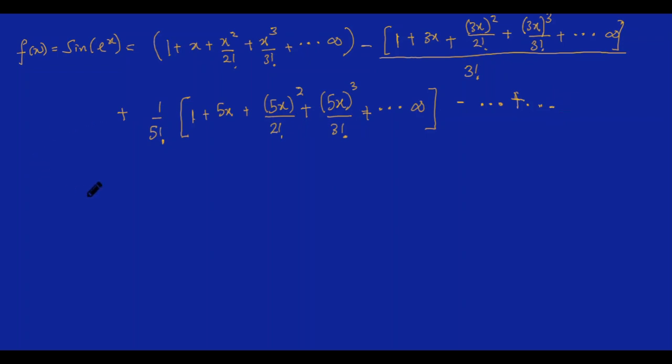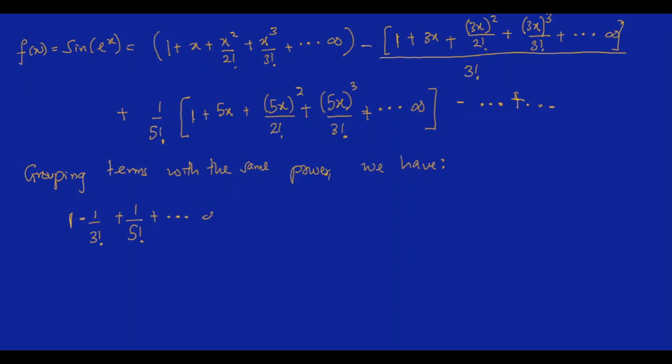On grouping them together, let's say the constant terms first, we now have 1 minus 1 divided by 3 factorial plus 1 divided by 5 factorial